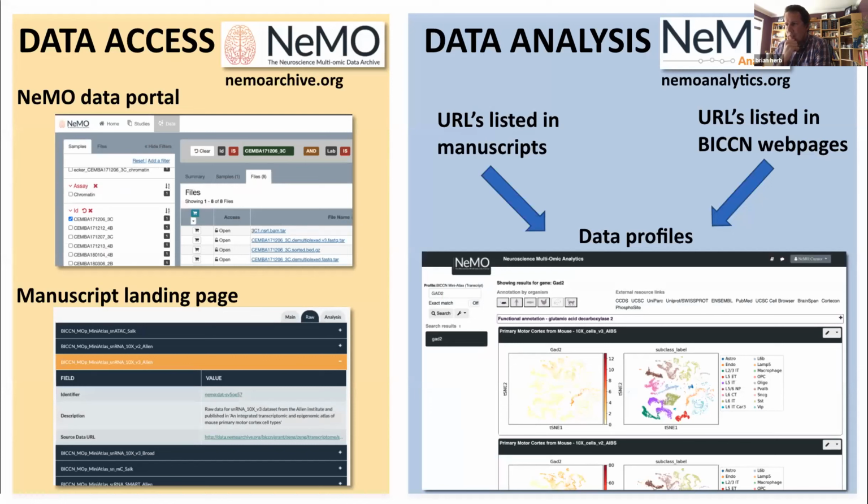And again, just an overview of the Nemo architecture here. We have the archive itself. You can go through and select files based on a faceted search, so you can select based on study, species, brain region, data modality, anything that we have available metadata for. And if you're coming to this from a certain publication, we also have an organized landing page for every single publication. This is an example from the mini atlas paper.